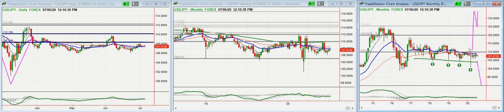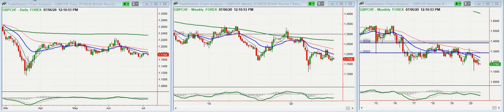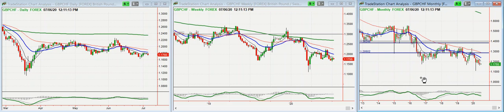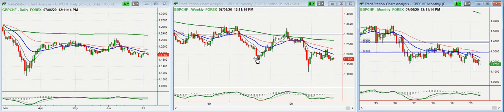All right, so let's have a look here at the pound Swiss. So the Swissy being strong, that's reflected here as well against the weak pound. Nice downtrend. Getting off this consolidation and trying to continue this very long downtrend that is established for many years. So it's a great currency to trade, the pound Swiss, benefiting from pound weakness and Swiss strength.